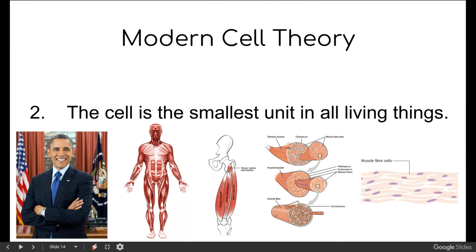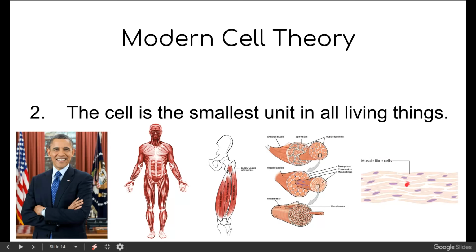So if you were to look at the human body, the human is obviously a living organism. So if you look at our former president, Barack Obama, and you were to zoom in all the way into his muscles, you'd see that muscles are made of cells, or bones are made of cells, or the stomach is made of cells. So in this example, we're just going to zoom in on his muscle tissue or his muscle system. And then if you zoom in more, even closer to this group of muscles that can be found right here in the leg, and you continue to zoom in closer to the muscle fibers,